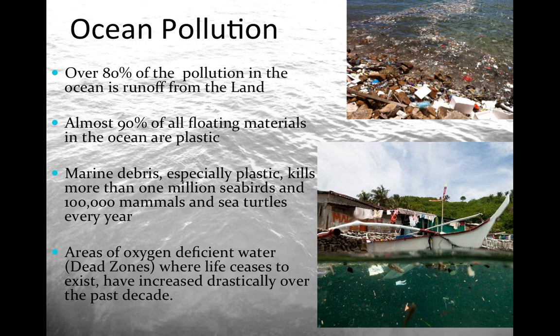So most of our ocean pollution actually comes from the land. Over 80% of it comes from the land. Approximately 20% of it does come from different accidents at sea, where we might lose cargo into the ocean, etc. But most of it comes from water waste that is already contaminated with whatever the pollution is, that then runs into the ocean. And approximately 90% of the floating materials, so all of the floating trash essentially, is plastic